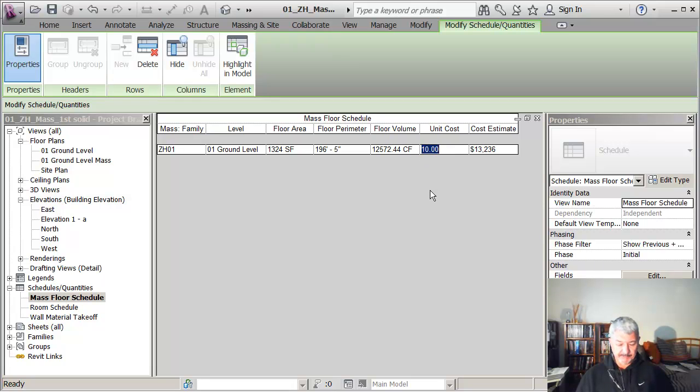I think maybe a $15 per square foot would have been quite a little on the high side for a residential. So the actual finished cost was $35,000, but that was because of the materials and other changes that were made in the building as it developed. But the point is that you can see how quickly, if I type in